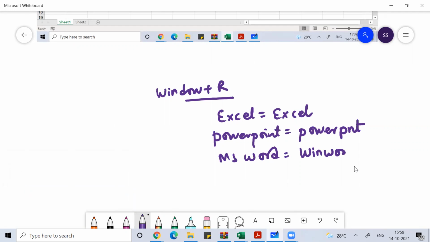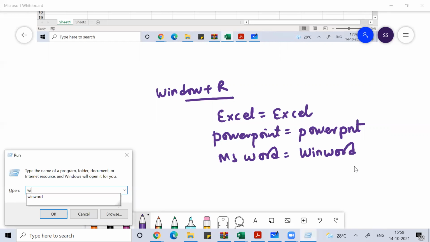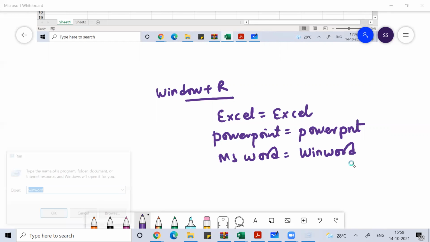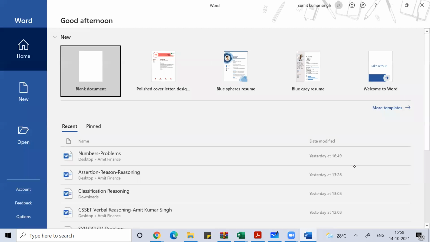Window R, write WinWord, press Enter, and MS Word will get open.